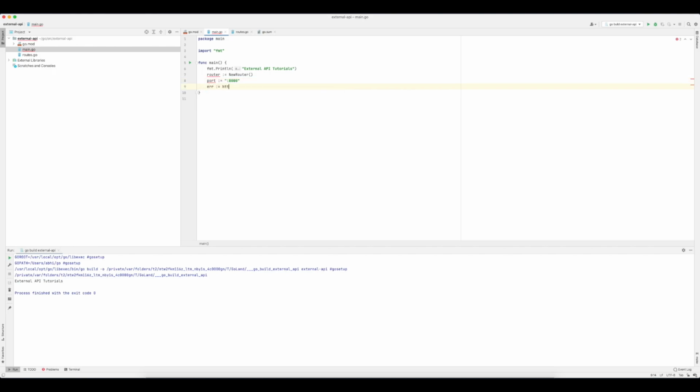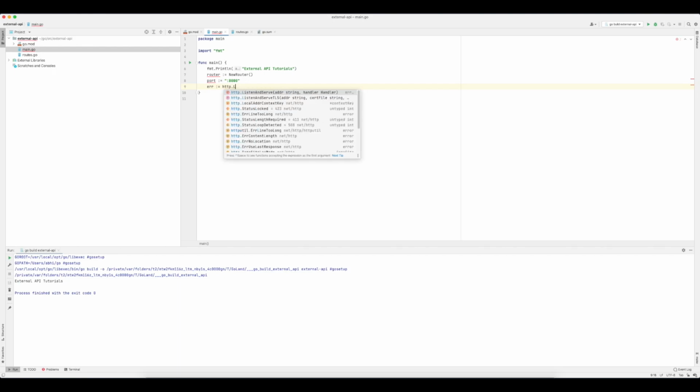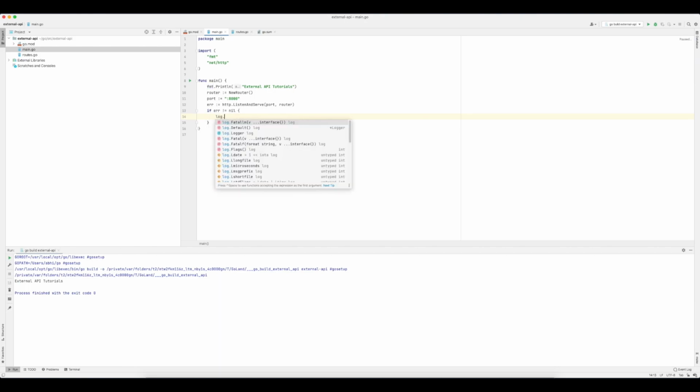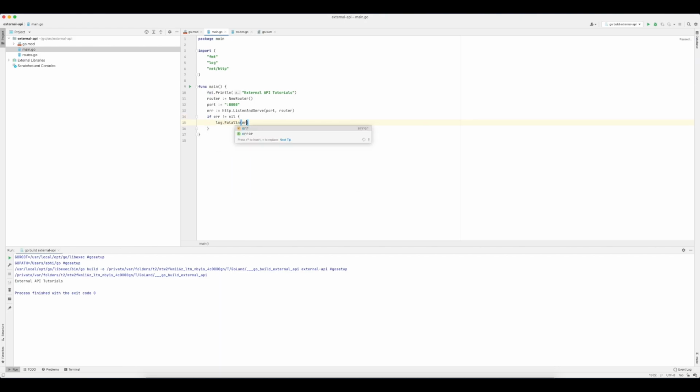And start the HTTP server using this command, with port and router. And if error is not equal to nil, then just do log.Fatal error. So this is the basic main function which starts the server at port 8000, and I have a basic router as well. So yeah,